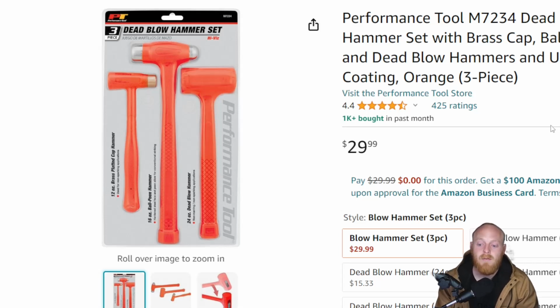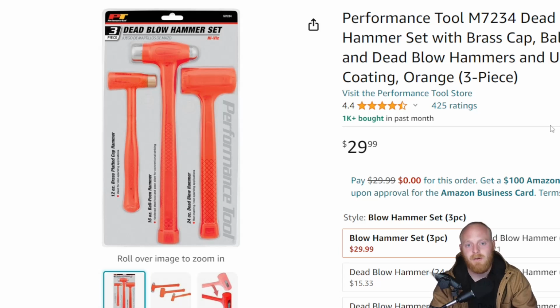But if you're just looking for a very affordable set and you're not necessarily looking for something made in the USA, this is a good one for those DIYers, weekend warriors, just because it's kind of a well-rounded set, more geared for automotive mechanic type work over carpentry or anything like that. But this is going to include a 12-ounce brass plated hammer, 16-ounce ball peen dead blow hammer, and a 24-ounce